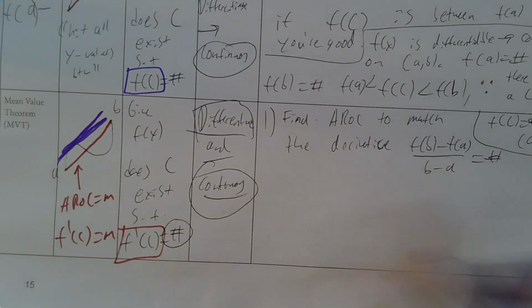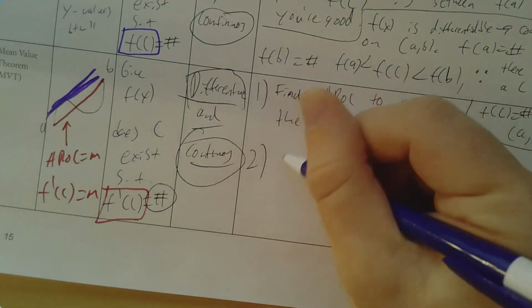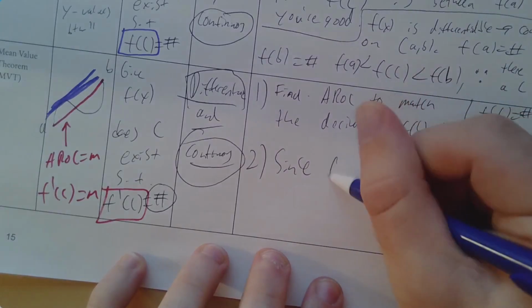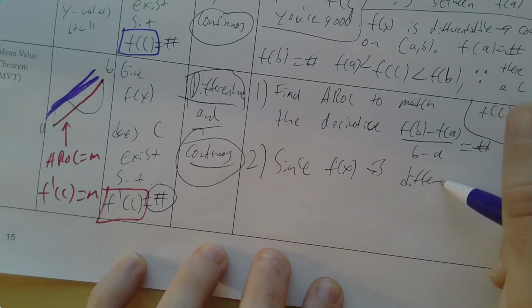Generally speaking, if you just do that, you'll get a point for that, even if you can't write the sentence. And the second step is you say, since f of x is differentiable, therefore continuous, usually you're going to say that, arrow continuous,